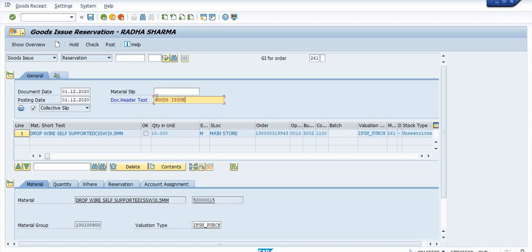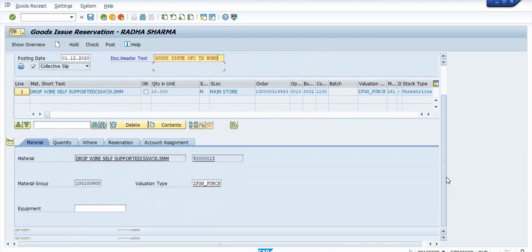Goods issue for OFC work, OFC transmission work. And this 10 meter quantity is reserved in the main store against this maintenance order in the Coimbatore plant in BSNL company code. This is the valuation type ZFZN underscore PURCH.